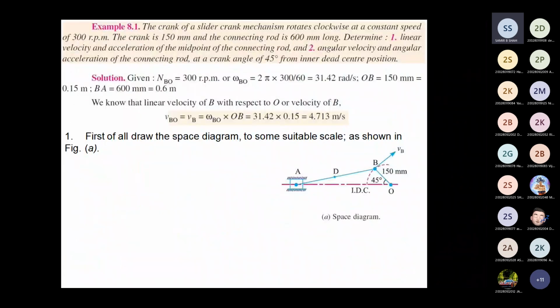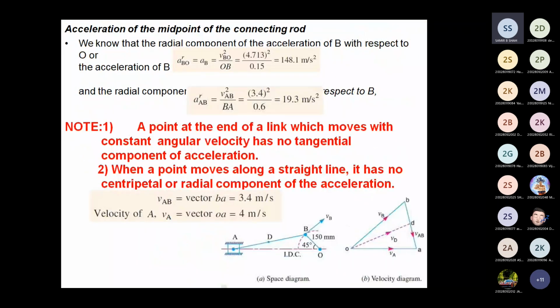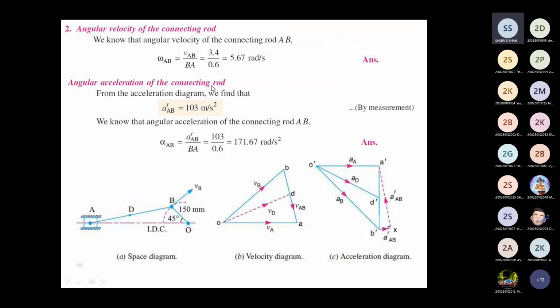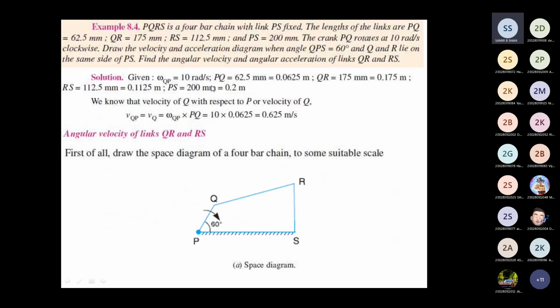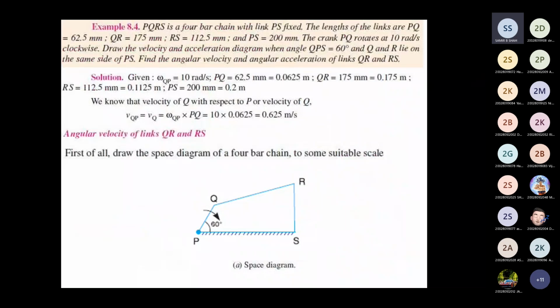Now, previously we solved static mechanism. We know very well whenever we have to start the acceleration diagram, initially we have to find the radial part of each component, and if only omega is given to you, then you can get only the radial part, and then properly we start to find the radial and tangential.